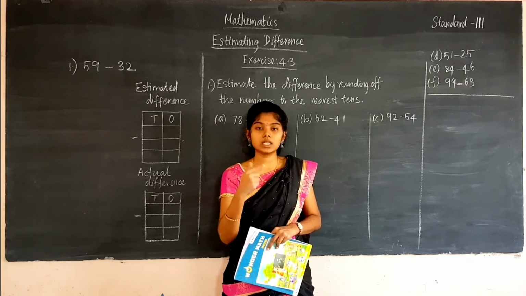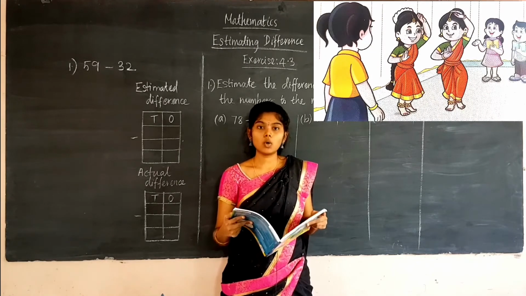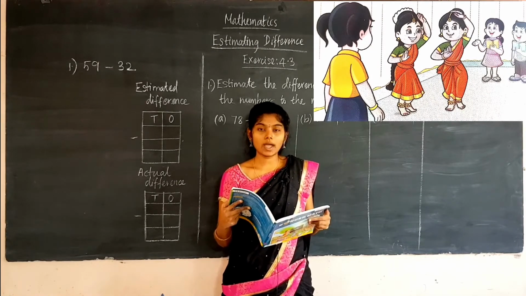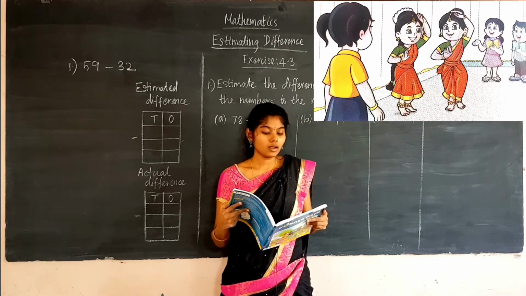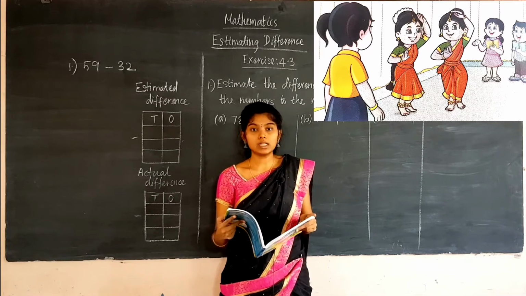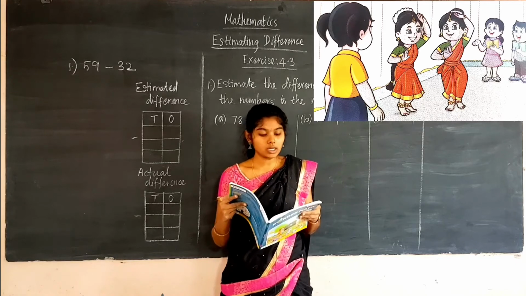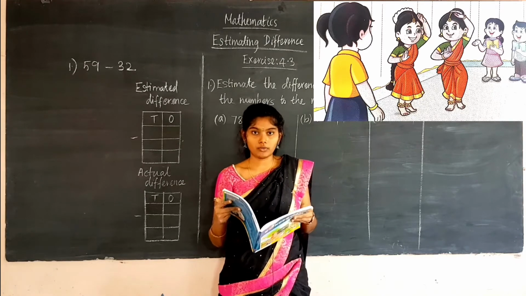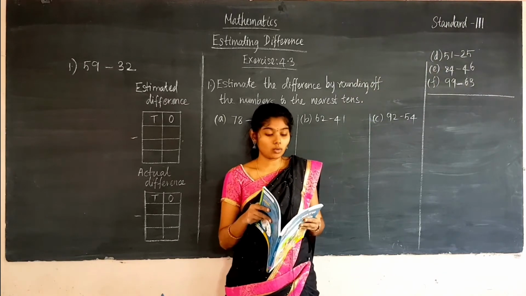Now we shall see one example that is given on page number 74. Natasha goes to the backstage. There is Natasha and a few children are practicing, that is rehearsing, in the backstage. There are 32 boys and 59 girls. We are going to help Natasha find how many more girls there are than boys.